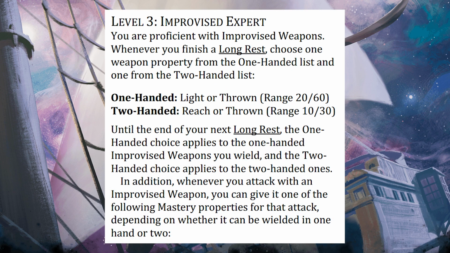Third level also gives you Improvised Expert. This makes you proficient with improvised weapons, and whenever you finish a long rest, you can choose a weapon property to apply to your one-handed and two-handed improvised weapons. For one-handers, you can select either the light or thrown properties, and for two-handers, you can select either the reach